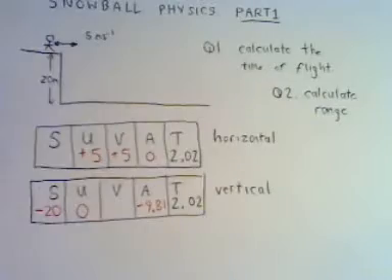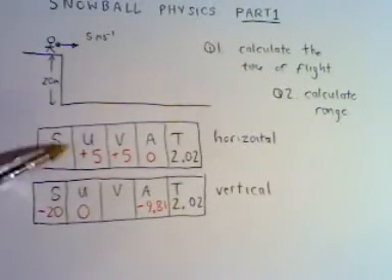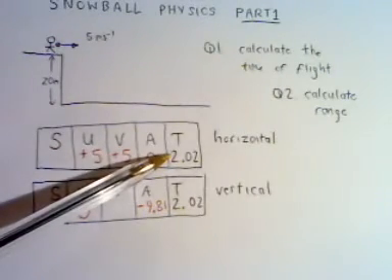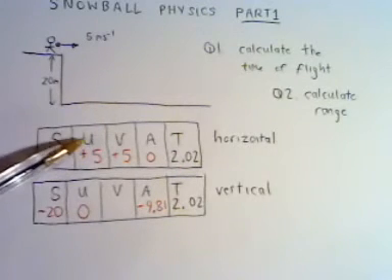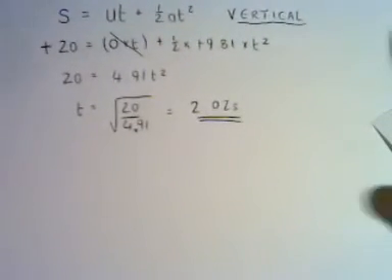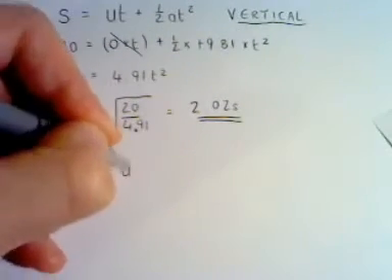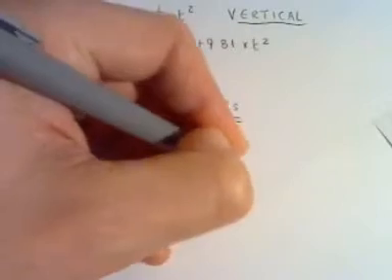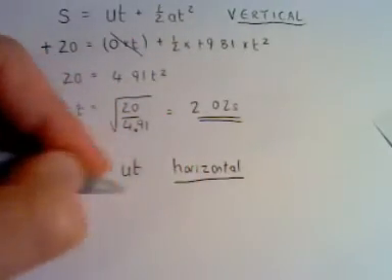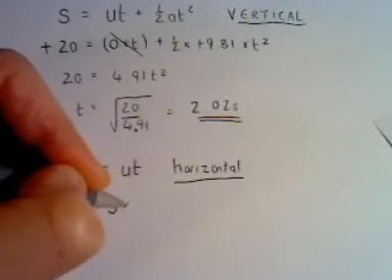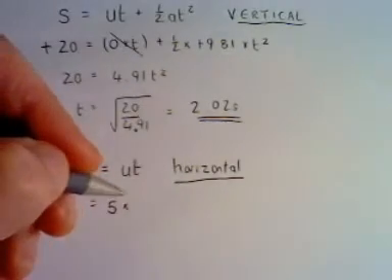So if we return to our question, calculate the range, it's fairly straightforward. Our initial horizontal velocity is 5 and that remains constant. We have our time of flight, 2.02 seconds. S equals u times t. So I'll just go back to work that through on a page. S equals ut. Now again, let's stress that this is applying to the horizontal, and this is really the only horizontal Suvat equation in projectile problems, because a equals 0. So we've got 5 meters per second times our time of flight, which was 2.02,